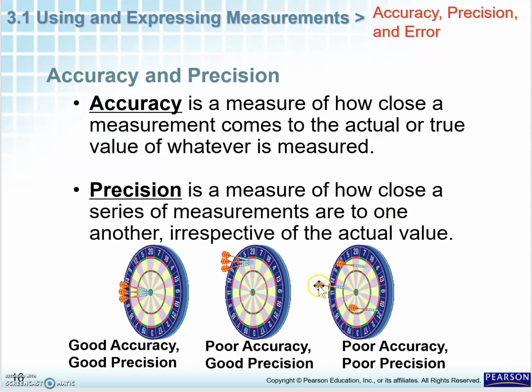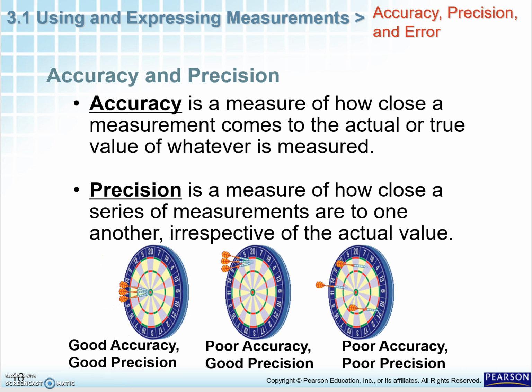So this one has poor accuracy because it's not close to that bullseye, and poor precision since all of these darts are far away from one another. This one has poor accuracy again because you're not close to that bullseye, but good precision because all of your marks are very close together. Finally, we have good accuracy once again because you're at that bullseye, but you also have good precision because they're